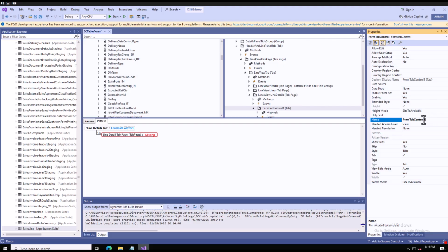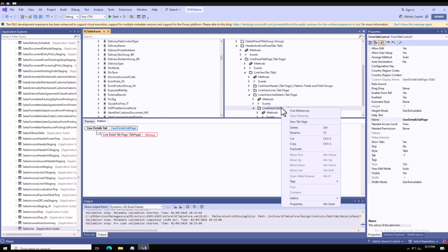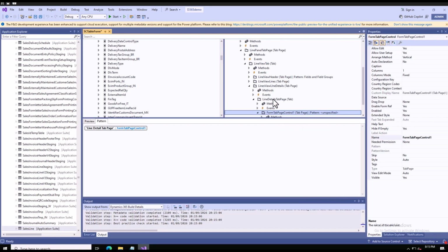Okay, I can give this name as line details tab page. Now again I need to create one more tab page here. New tab page. Now I can create a number of tab pages. Okay, so what I will do here,